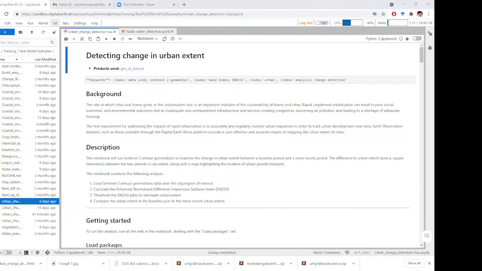And now we are going to use this called enhanced normalized difference impervious surfaces index. And this index was developed by this